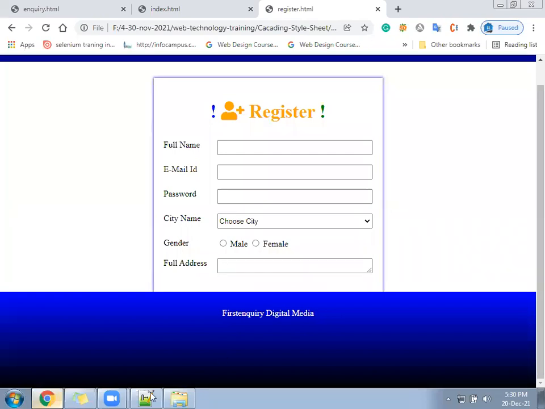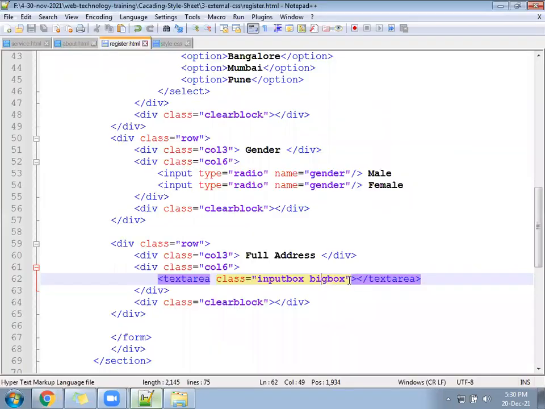You have to write the CSS for a class called big box. In that, write height as somewhere 70 px. The classes combine together.